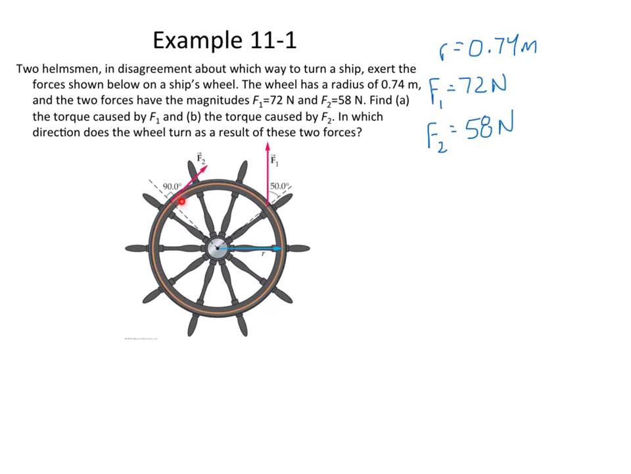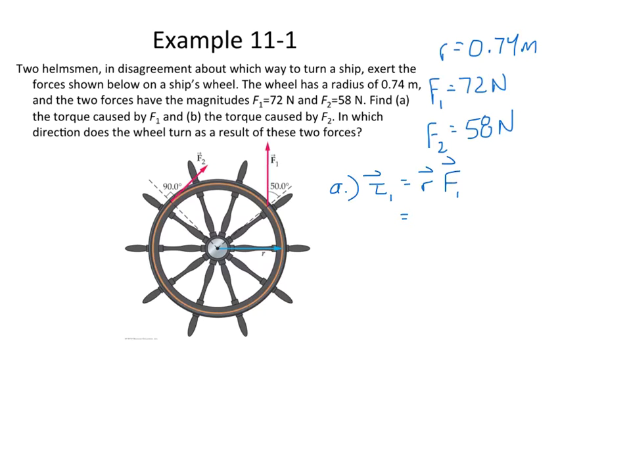We want to find A, the torque caused by F1 and the torque caused by F2, all right? And so ultimately we want to find who wins, what direction does the wheel actually turn, okay? What is going to be, you might say, the net force applied at that radius, and ultimately what is the net torque, all right? So A right here, the torque from 1 is going to be the radius, which we know, times force 1